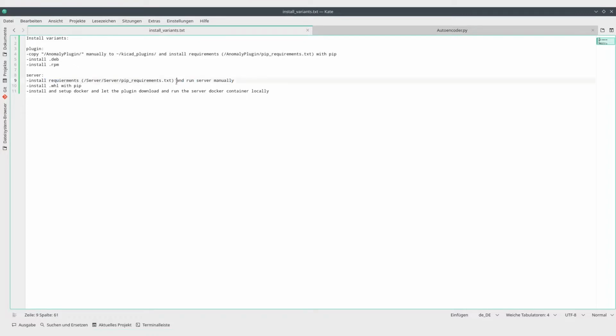As it's a Python server, you have to install the requirements dependencies via pip or your Python package manager of choice. You can also install a .whl file with pip, or you could install and set up Docker, if you intend to use the plugin only locally with a server running in the background. That way the plugin will then download and deploy the server in the background on its own. This is the setup I'm using right now.